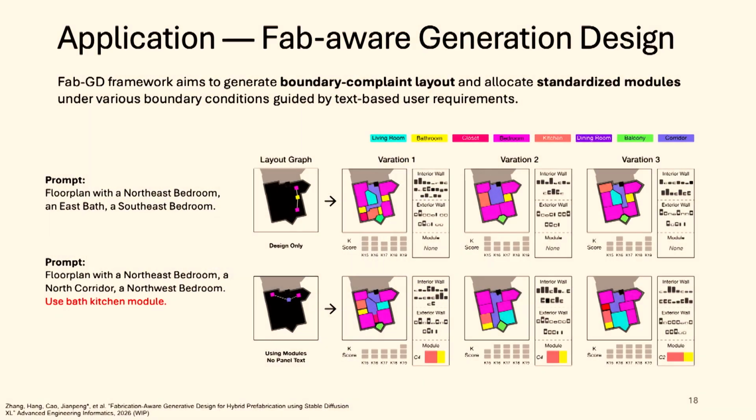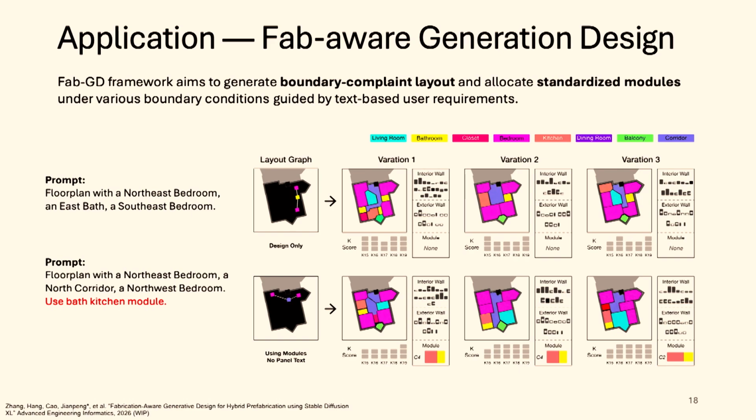And this application is an improvement on the existing prompt-to-design approach. So in the first row, you will see how the existing prompt-to-design approach works. You give a prompt, you can also give the size boundary, and then the algorithm will generate multiple floor plan variations. One thing to be noted is that at the very beginning, these algorithms could only deal with the regular size boundary, and now we can upgrade it to make irregular site boundaries work.